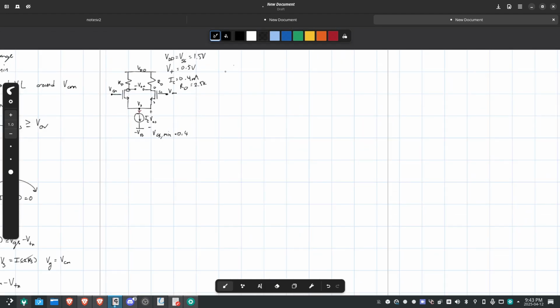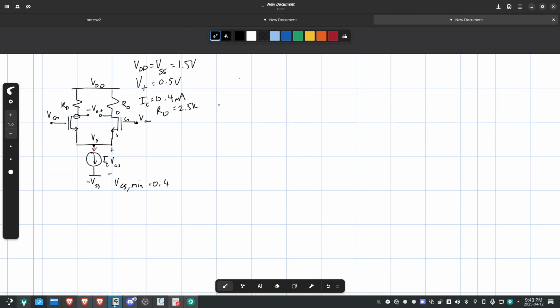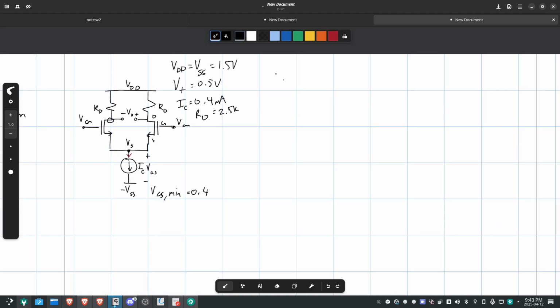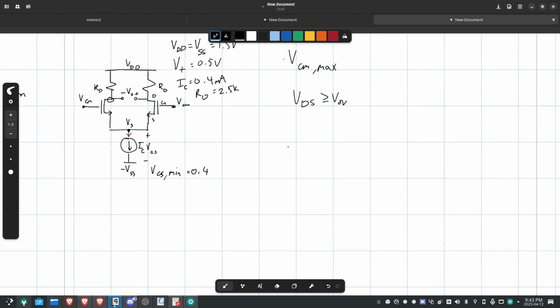How about this example here? This is slightly different. The major difference here is just this southern part here. Instead of being a resistor, we've replaced it with a current source. So let us find VCM max. Remember, same thing. VDS is greater than or equal to V overdrive. Okay. What does that mean? Well, we could substitute VDS the exact same way we did the initial time, right? So VDD minus